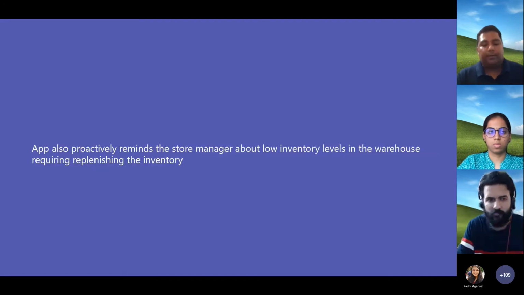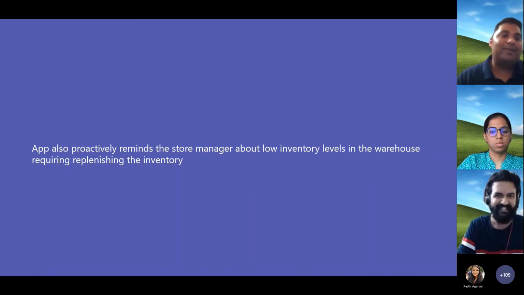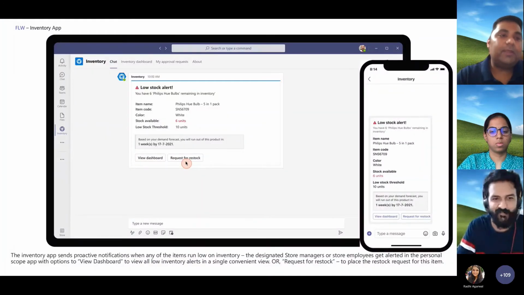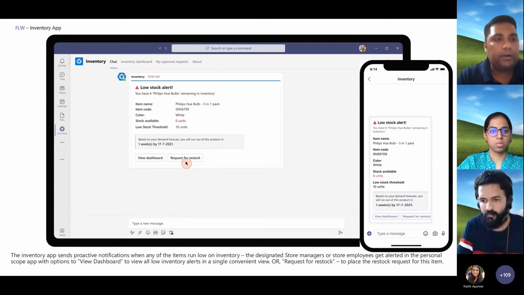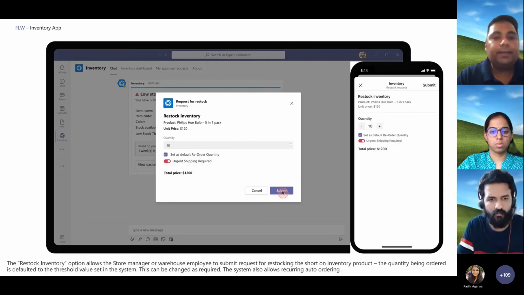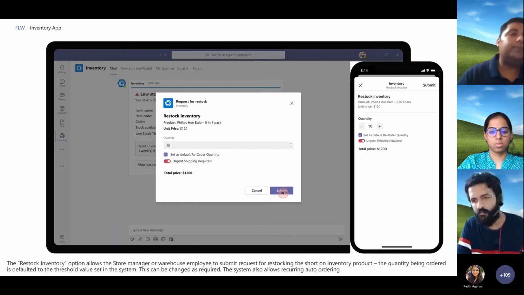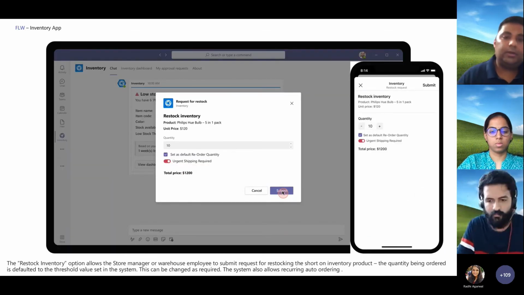Now, lastly, as the goods move from the warehouse to the store and keep getting sold, eventually the warehouse is going to run out of goods. So there's going to be a regular replenishment that needs to happen for the warehouse as well, so that we'd not ever be in a situation where the warehouse is out of goods completely. There's a low stock alert also presented to the store managers periodically when any SKUs go out of stock. And this could be, of course, configured to go to the relevant store manager or the relevant SKU manager as